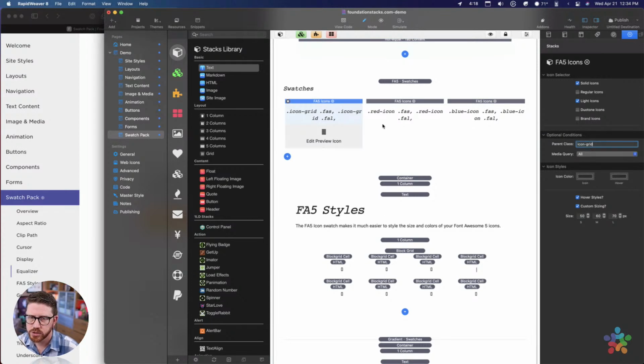Okay, so there we go. I'm applying some hover styles, but here it looks like my icon colors are the same, so that doesn't really matter. And then you can provide custom sizing. So this sizing is going to size all the icons to 50 pixels, 60 pixels, and 70 pixels, so that they're all uniform. And we can define, as you see, different sizes for different breakpoints. Okay, so the next one